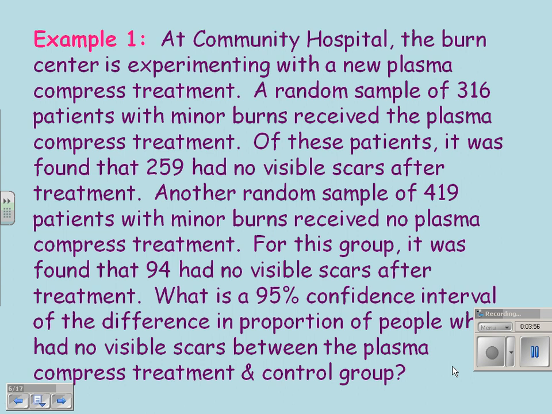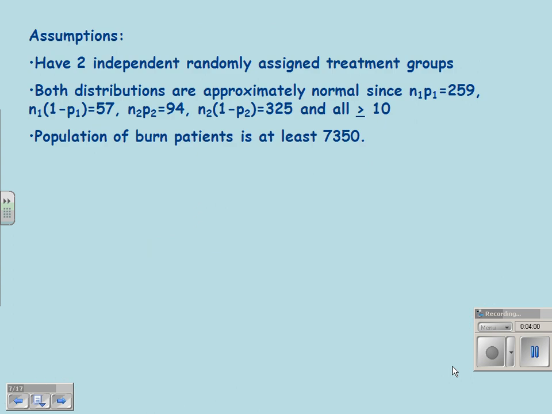Next question up is, what is a 95% confidence interval for the difference in the proportion of people? So we test our assumptions. We have two independent, randomly assigned treatment groups. Both distributions are approximately normal because we check all the different proportions, and they're all greater than or equal to 10. Since there are 735 total people in both of our samples, then we have to assume that the population